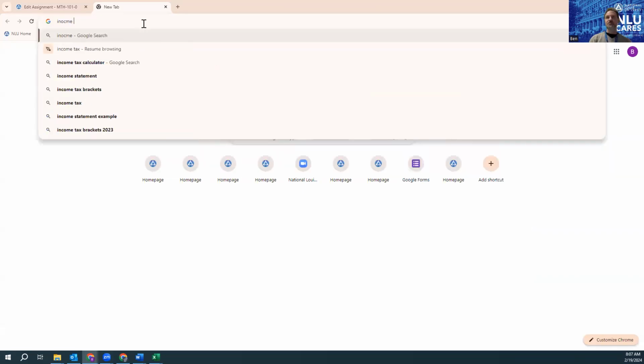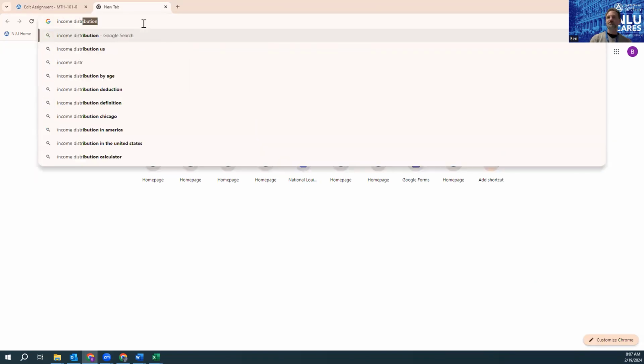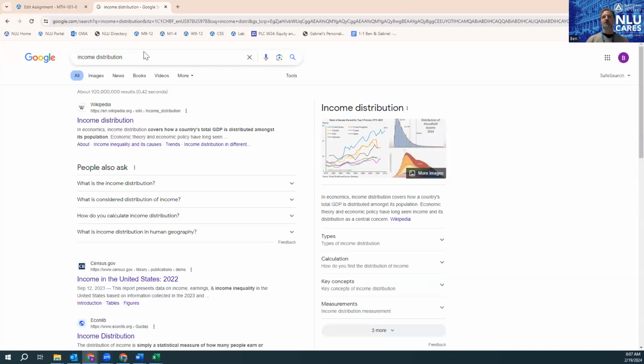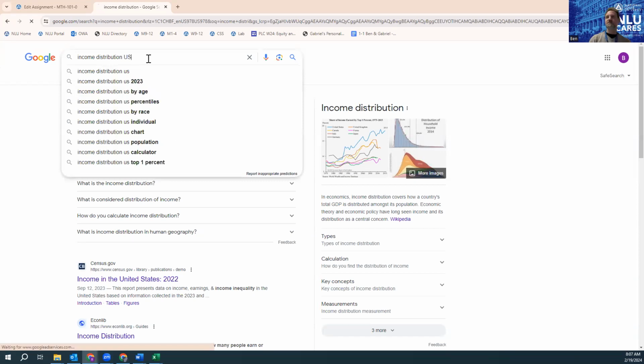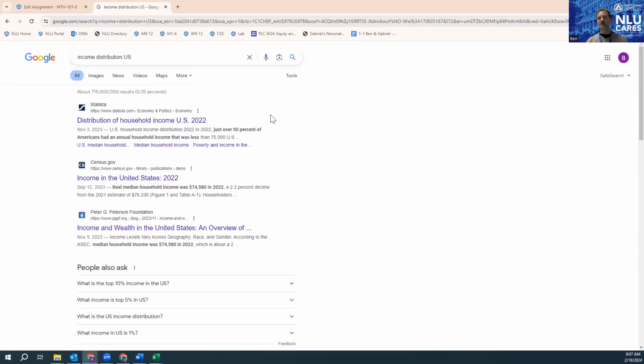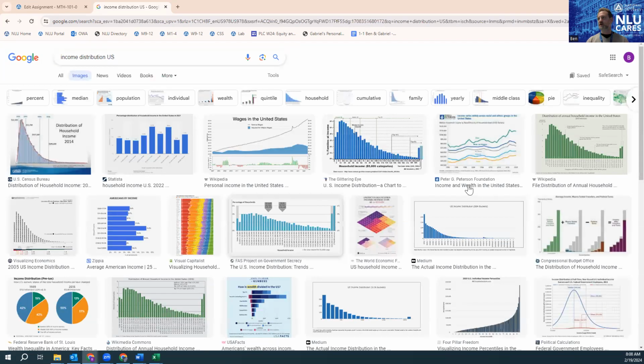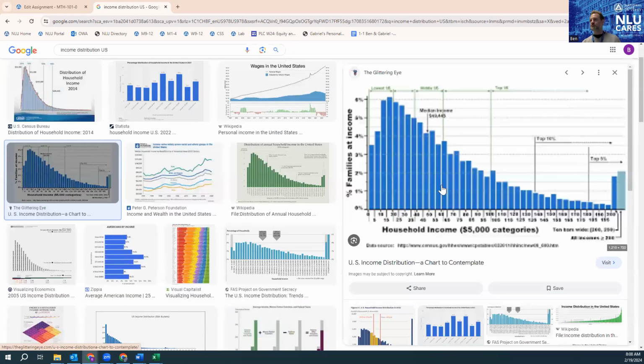one of my favorite distributions is income distribution. Let's go ahead and do this, since this is the country we live in. And let's go to images. You can just use any one of these pictures, but you kind of see the same shape here. One of the things that's interesting about the distribution of income is that in terms of making this a histogram,